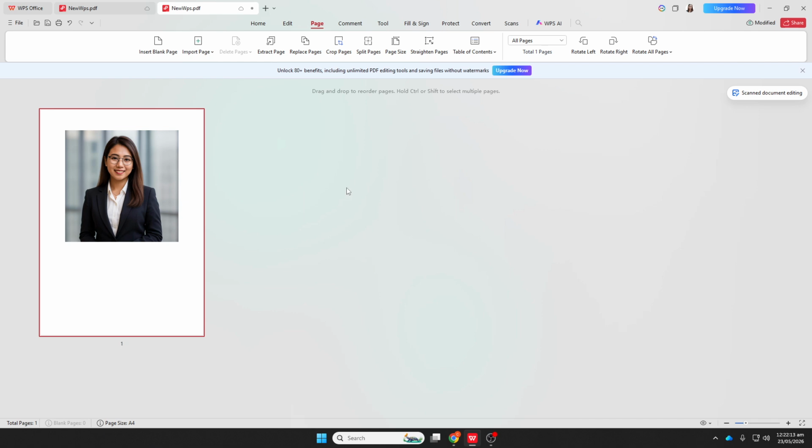When you're satisfied, tap Save to keep your changes. Saving ensures the new page and any content you've added are preserved, whether you're working locally or syncing to the cloud. That's it. Clean, controlled, and consistent. To recap, open your document, set